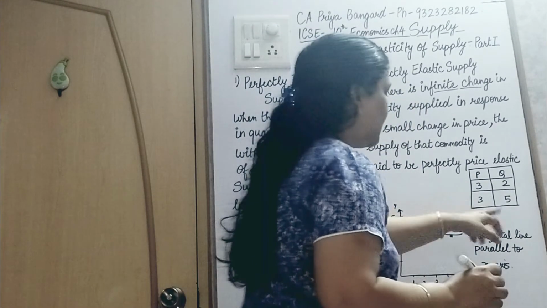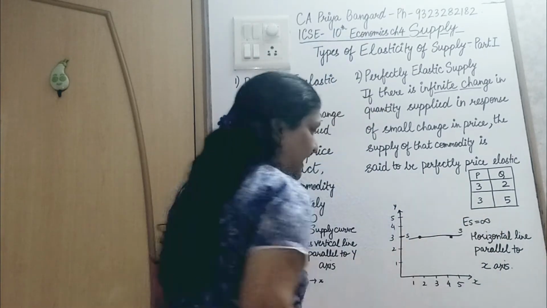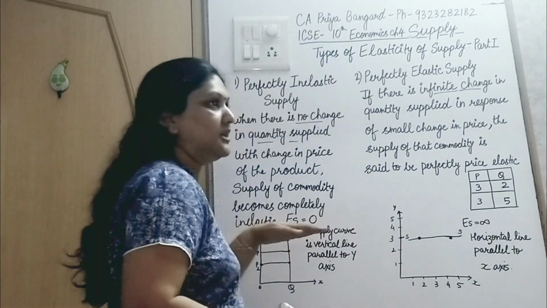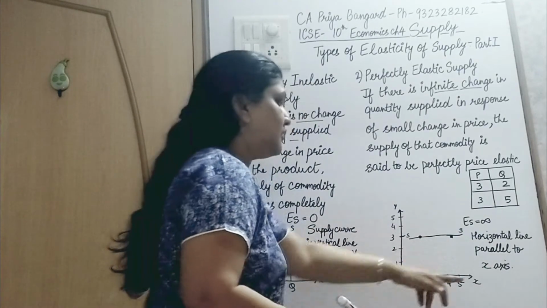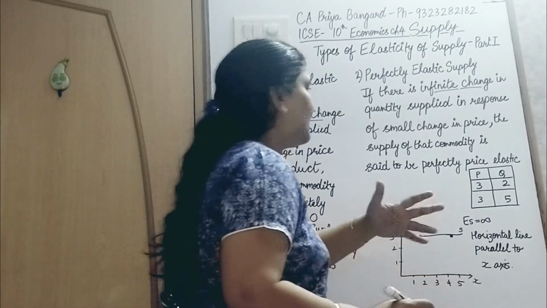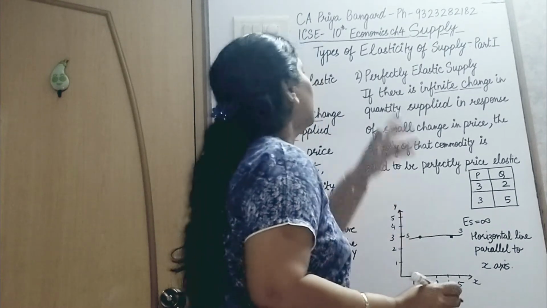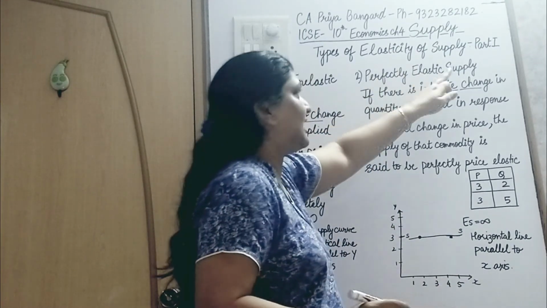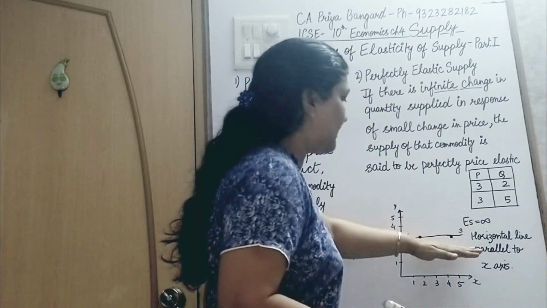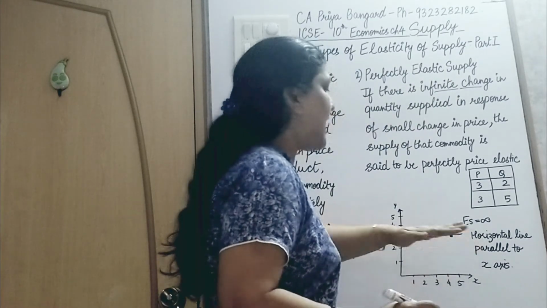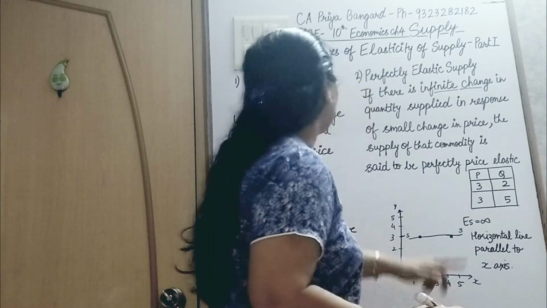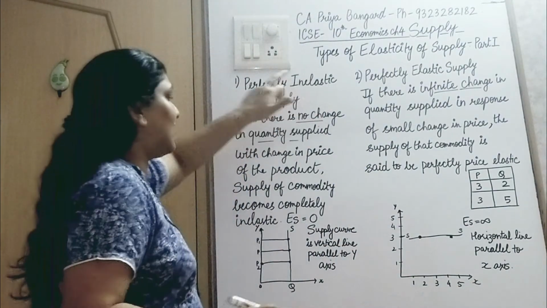So elasticity of supply is infinite. This is a horizontal line parallel to x-axis, and you cannot measure why so much change in quantity supplied. So that is perfectly elastic supply, in which supply curve is horizontal and parallel to x-axis. In case of perfectly inelastic supply,